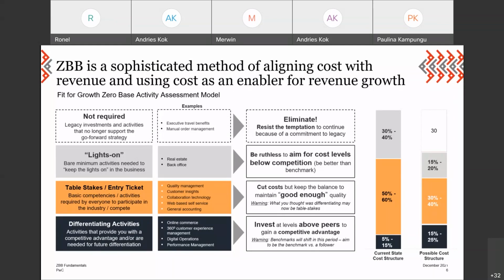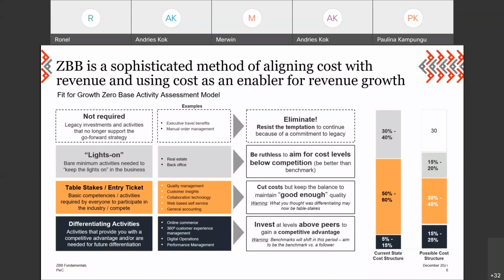I think just to add to that, exactly what we were saying in the beginning, right? Often people think zero-based budgeting is starting with a clean page and just thinking what is our budget for the next year going to be, and that starting from a zero base. And what it actually is, is not that. What it is, is looking at what is our baseline that we start with.